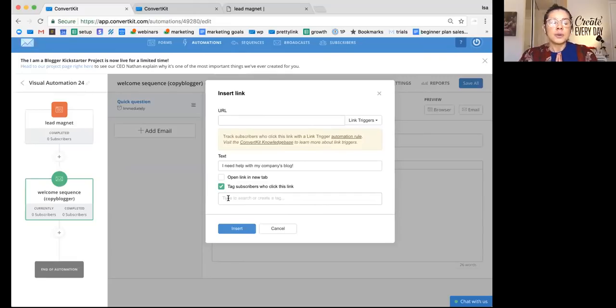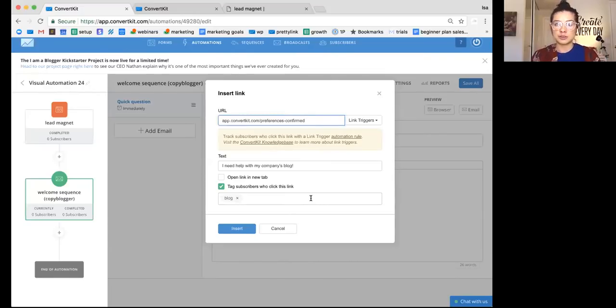This is one of the best things to do with email that really will make you stand out: you're really going to just focus on who people are, what they need, and send them what they want. So I'm going to tag these people as "blog." And now when they click on that link, they are going to go somewhere. Where you can have them go is you can have them go to your website. Maybe you create a custom thank you page. You can also use our link here,